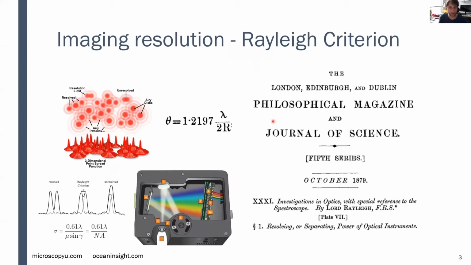So the famous paper of Rayleigh is well known in the imaging community, as it sets the fundamental limit for distinguishing 2 close-by sources given by the wavelength and the numerical aperture of our device. However, this is actually for 2 dimensions, but interestingly, in the original consideration by the author, he has actually considered